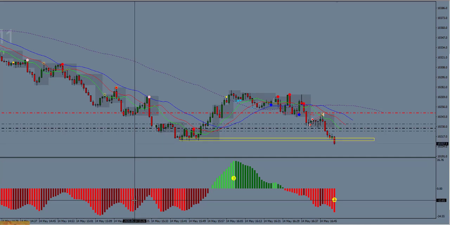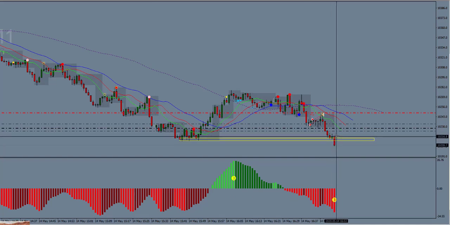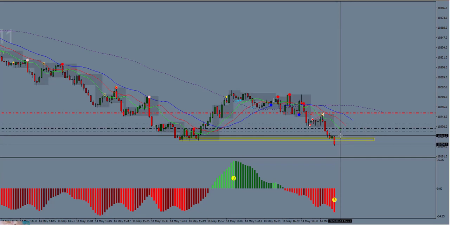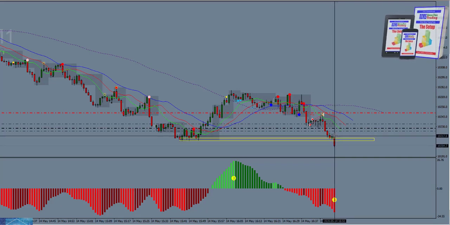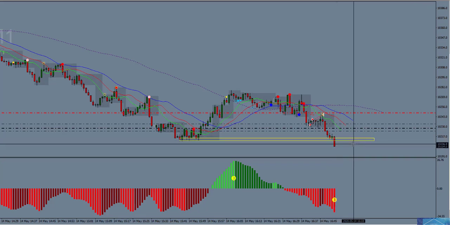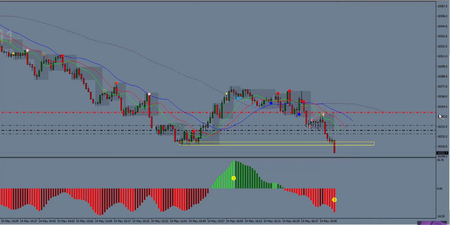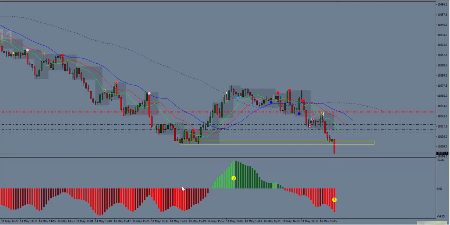Okay, we have the breakout. Some traders probably got scared around here and exited, but you've got to know what you want, what you should be getting. This wasn't enough profit for me. It's not about greed, it's about probabilities. If you don't take at least 1:2 risk reward trades, it's going to be difficult to stay profitable in the long run. So now ideally I am focusing on just